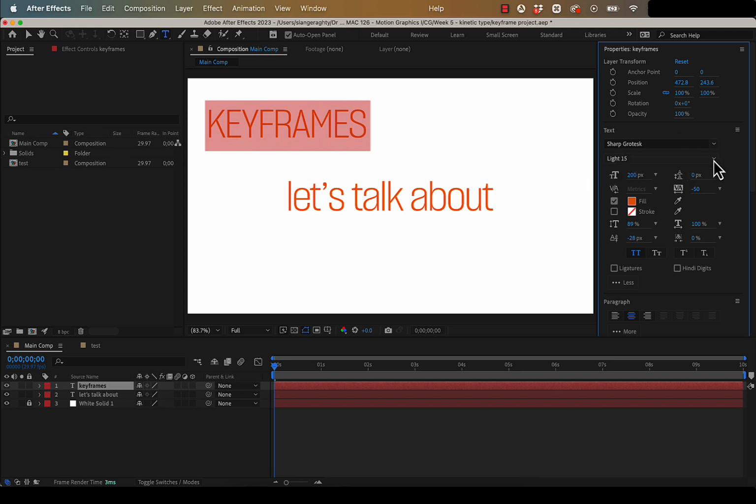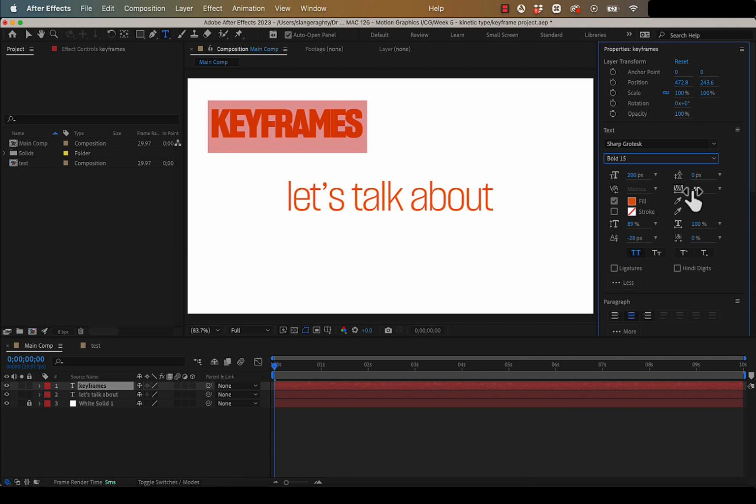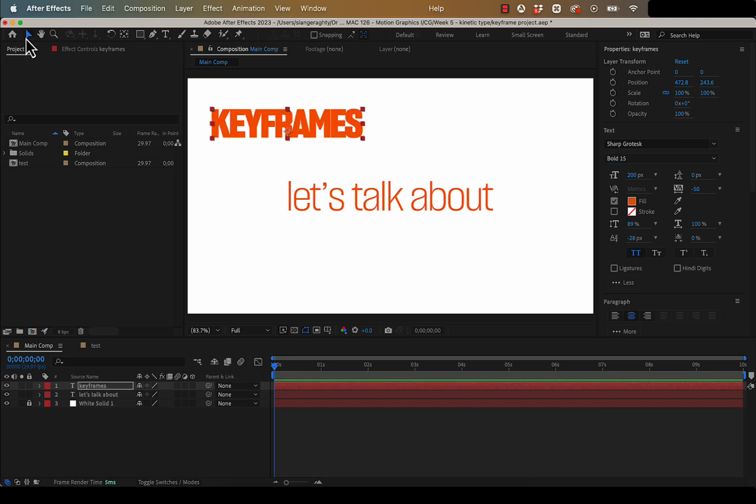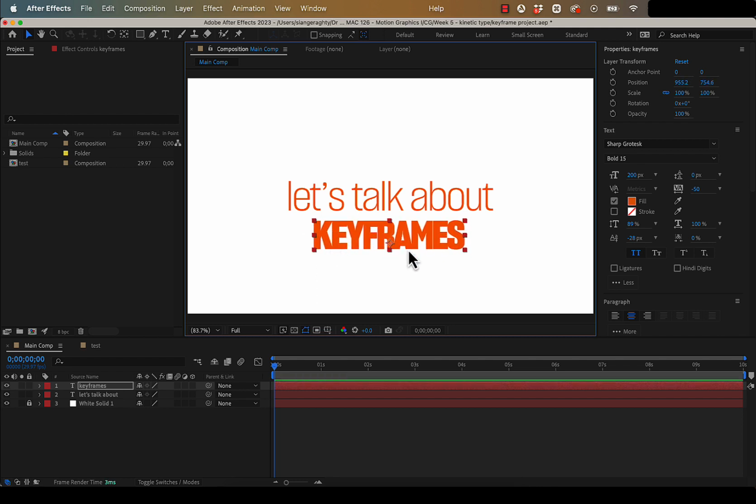It's going to be Sharp Grotesque. This one is going to be bold 15. So let's go to our 15s and select bold 15. And then you can see these are really overlapping. I'm going to switch to my arrow tool, my selection tool. And basically what I want is for this keyframes to be aligned with the L here and with the T,